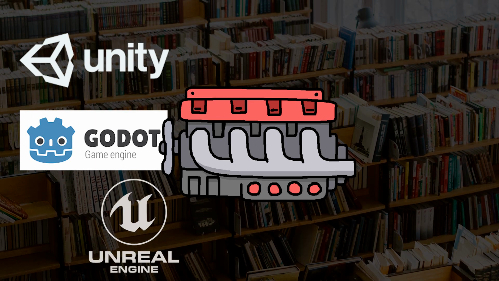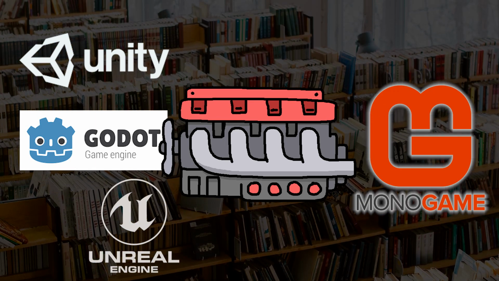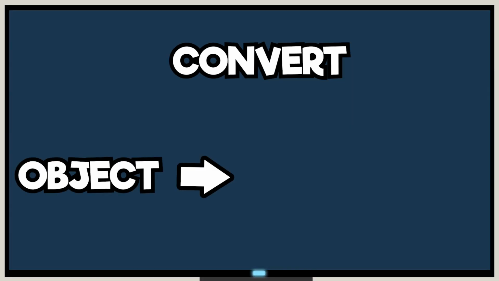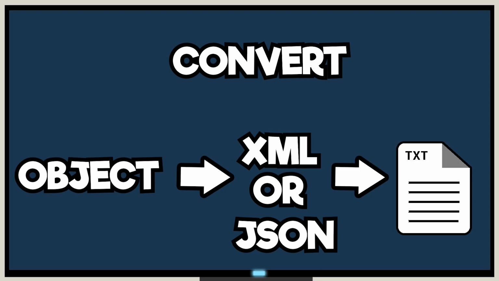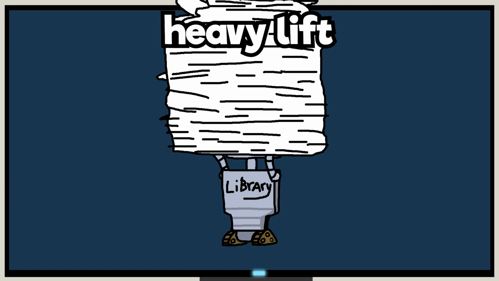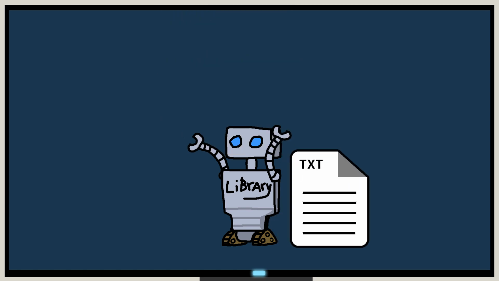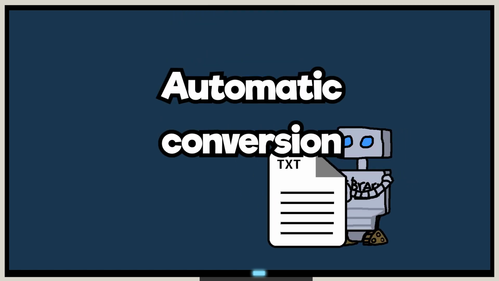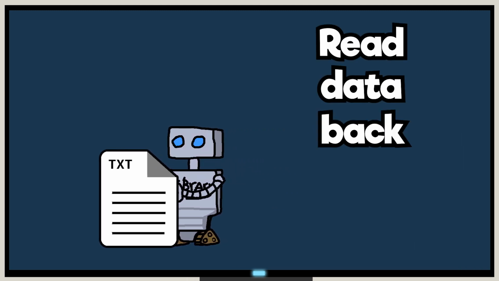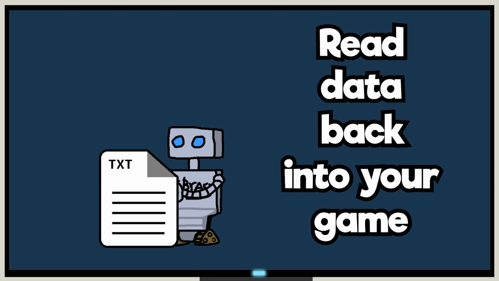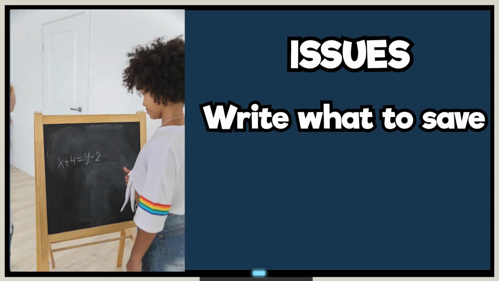Or if you are using frameworks like Monogame based on C#, you can directly use the Visual Studio libraries that will convert any object of your game into a readable XML or JSON string that can be saved into a file. This makes the process a little bit easier since the heavy lifting of converting your game data into text that can be written into a file is done automatically by the library. And this library will also allow you to read it and put it back into your game without you having to write every single variable in the save and load functions. This saves you a lot of time and easily solves issue number 1,